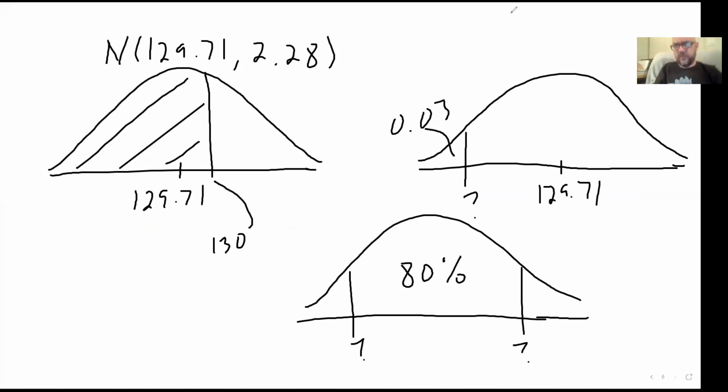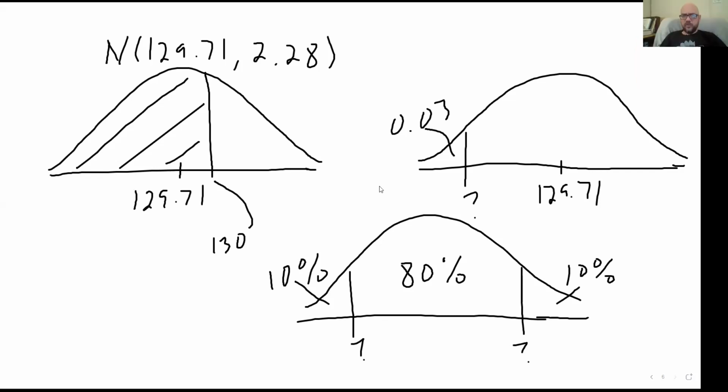Well, if there's 80% in the middle, then there's 20% on the outside, and that 20% is split into two tens. So there's 10% in here and 10% in here. So this left question mark is the 10th percentile, and this right question mark is the 90th percentile, right? There's 90% of the area to the left of this, 10% of the area to the left of that. So if you're using left on your calculator, like I'm going to,